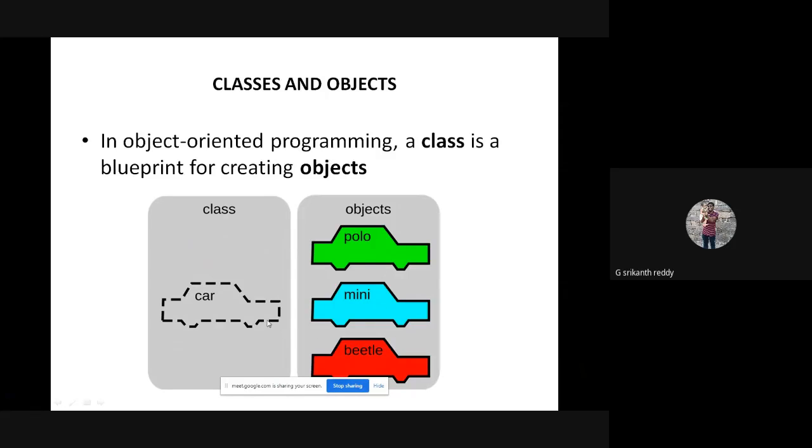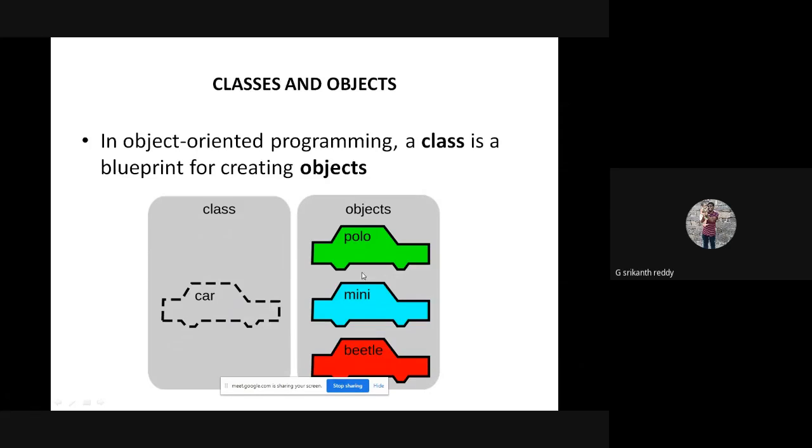As you can see in this picture, there is a class called car, whose shape is decided by the designer. Once the design of the car is completed, based on this class, you can create n number of objects. In this picture, you are seeing three cars.